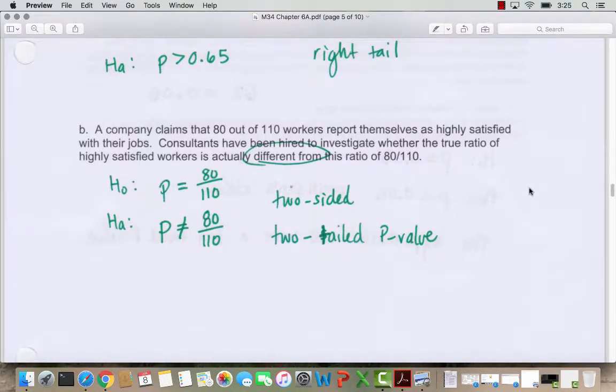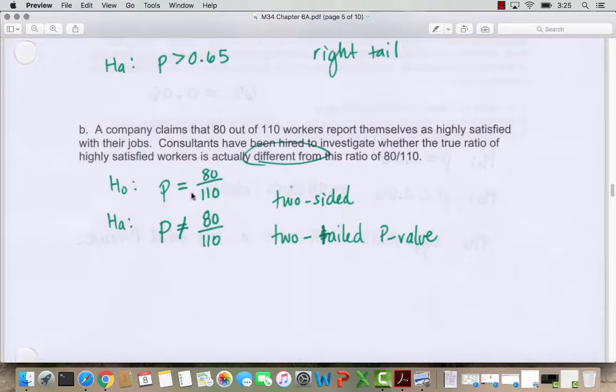In part B, a company claims that 80 out of 110 workers report themselves as highly satisfied with their jobs. Consultants have been hired to investigate whether the true ratio of highly satisfied workers is actually different from this ratio of 80 out of 110. So notice I circled the "different from." That's telling us right away that our claim, or our alternative hypothesis, is going to use the not equal to